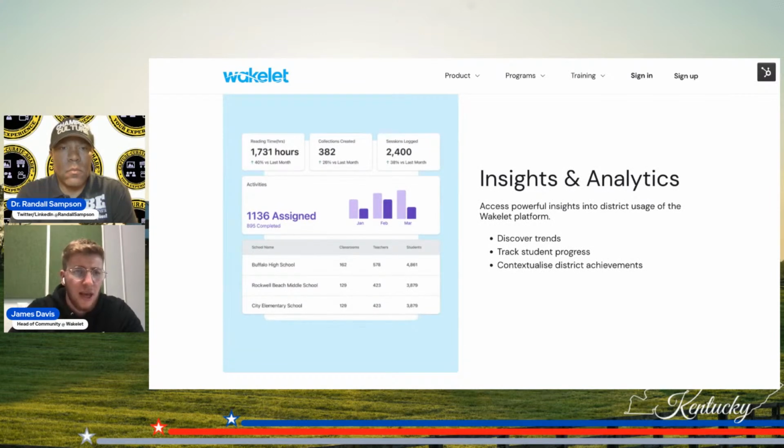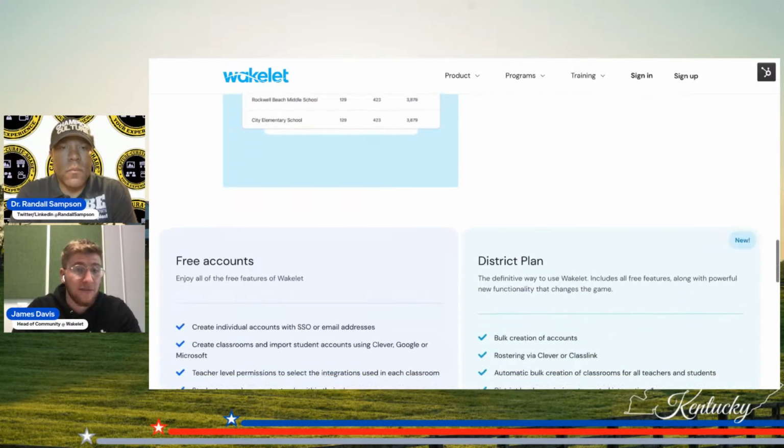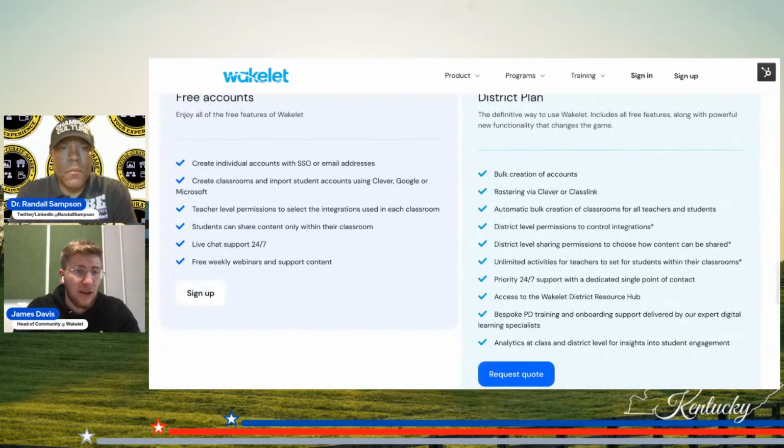So if you're looking to see students, not only at the end of the assessment, but during, as they're building that portfolio, how many hours are they putting into it? What time of day are they using it? What type of sources are they using? And you can analyze and track the student progress throughout the year as well. So that is something that we're working on right now. It's something that is available. You can see a few of the features there as well.